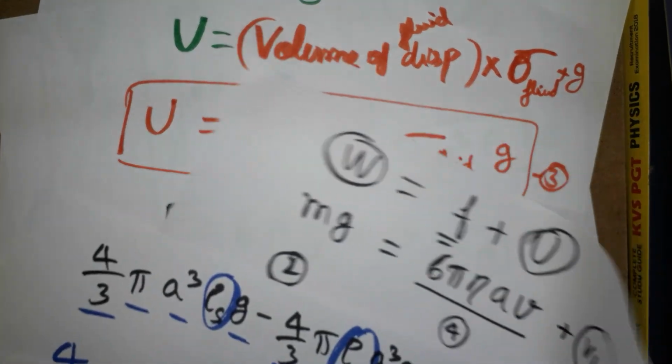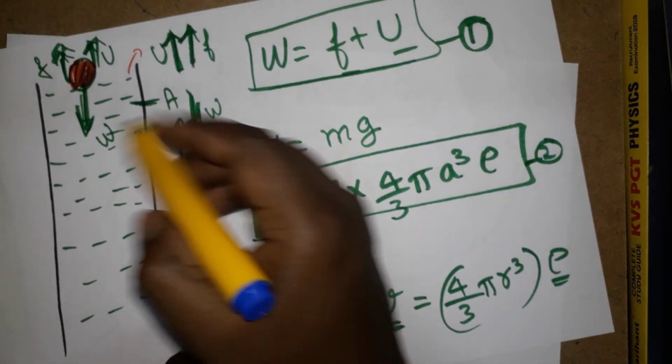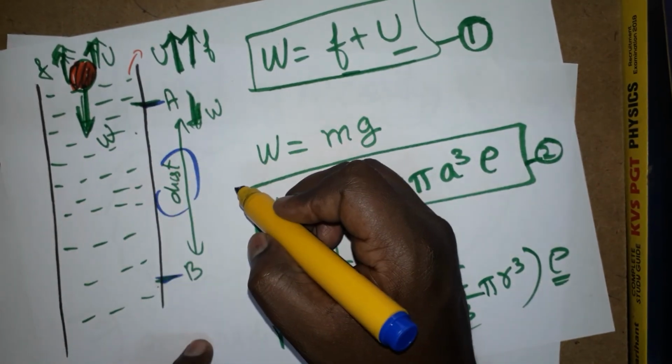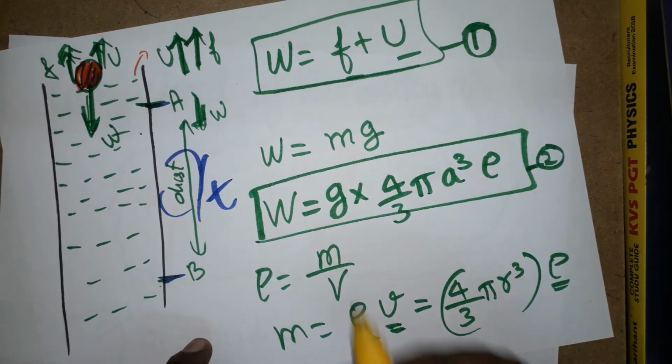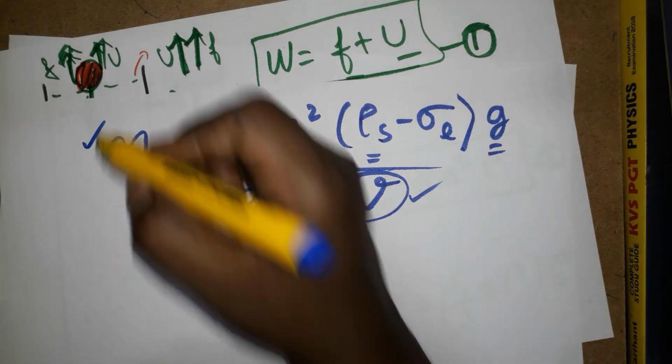So we can easily calculate the velocity also to find the coefficient of viscosity when the ball is dropped. Mark two places, which gives a displacement, and measure the time taken; displacement by time gives the velocity. If you know the velocity with which the ball travels inside the liquid, you can easily calculate the coefficient of viscosity.